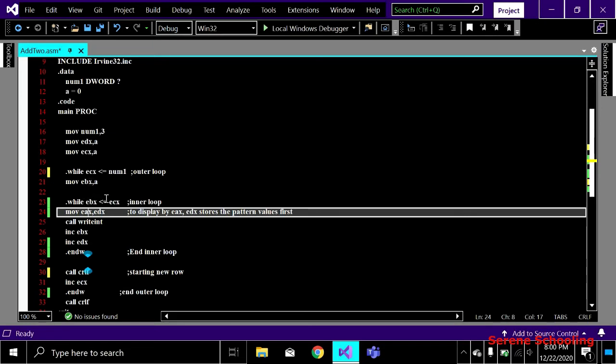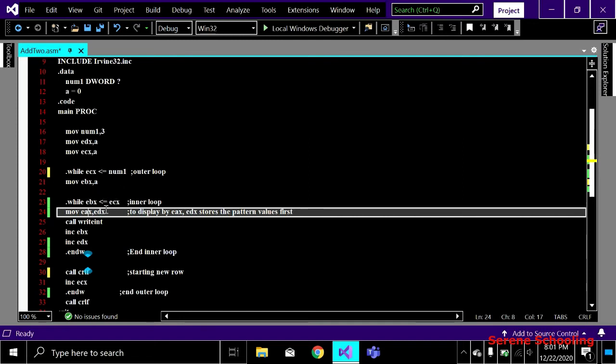Is 0 less than equals to 1? Now you could see one thing, 0 is definitely less than 1, right? And when EBX is incremented, it will definitely become 1 after a couple of statements. So now we will see that 1 is also less than equals to 1. 0 and 1 both satisfy this condition.